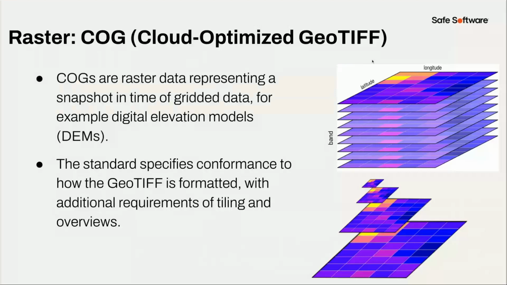The great part of this is that it's tiled. So instead of this photo being a Landsat scene, you don't have to download the whole scene if you only need, let's say, this yellow square in the corner. So you can download just that square instead of the whole scene. And then there's also those tiled overviews that I mentioned earlier.